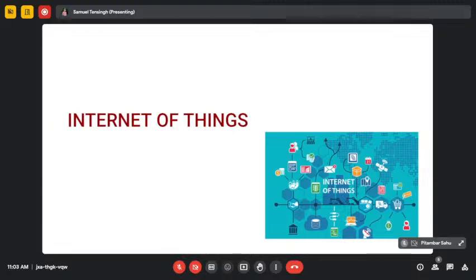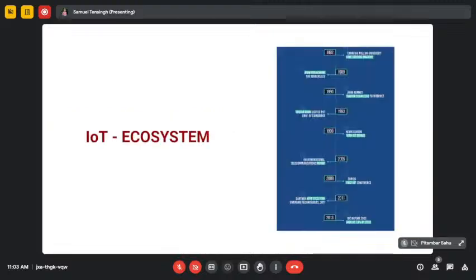But right now you can see that you're able to connect any physical device to the internet, right? It can be your smartphone, your home automation, everything is getting connected to the internet. So that is why we have the term IoT. So when we look at the history of IoT, it is quite fascinating that in 1982, few students at Carnegie